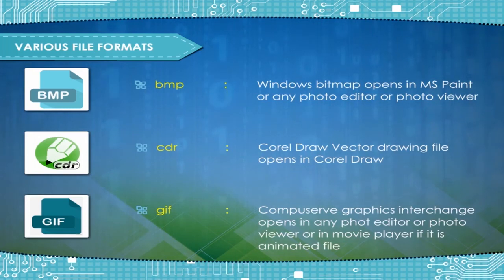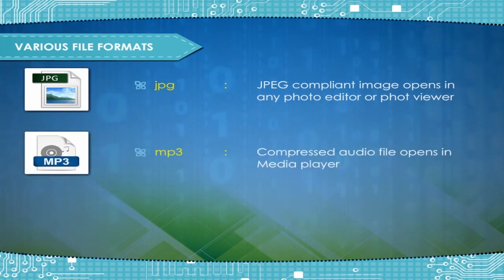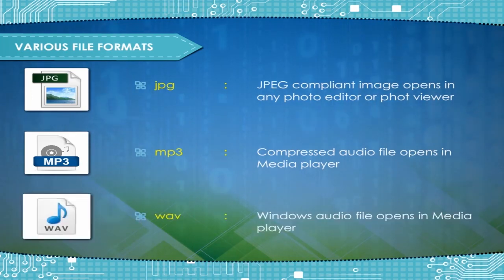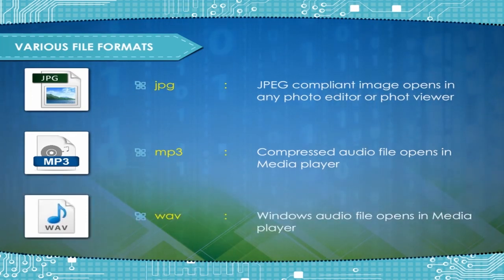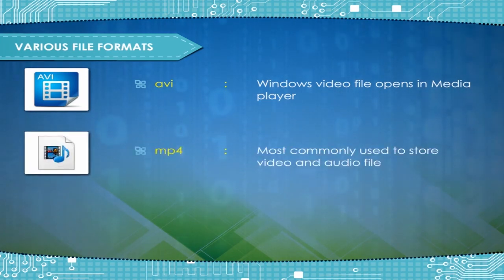GIF, CompuServe graphics interchange, opens in any photo editor or photo viewer or in movie player if it is animated file; JPG, JPEG compliant image, opens in any photo editor or photo viewer; MP3, compressed audio file, opens in media player; WAV, Windows audio file, opens in media player; Windows video file, opens in media player; MP4, most commonly used to store video and audio file;